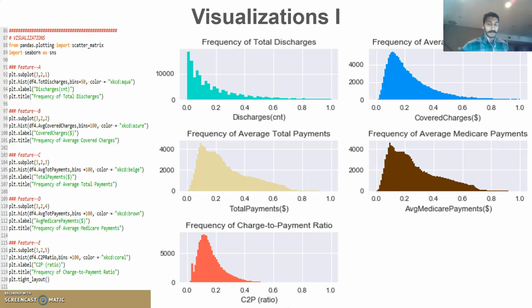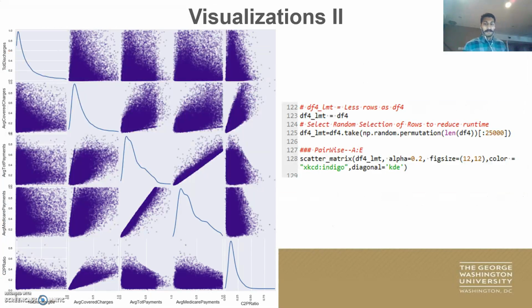I used the matplotlib package, and specifically the subplot and hist functions, to create distributions of my float features. As you can tell, all the distributions are right skewed. Next, I created a pairwise plot that compared multiple features at the same time. The diagonal is the same plot as the last slide. The scatter plots, which are in indigo, were not as useful because it's hard to tell density, thus difficult to determine if the correlation is